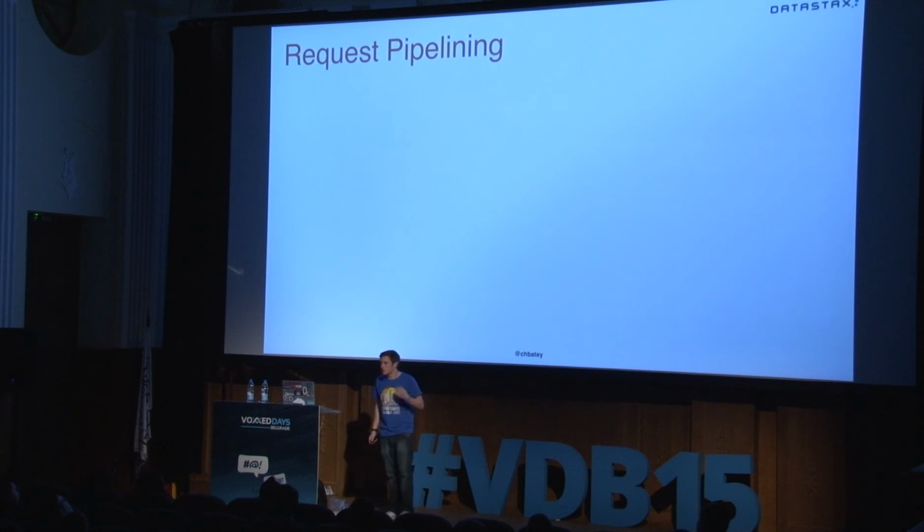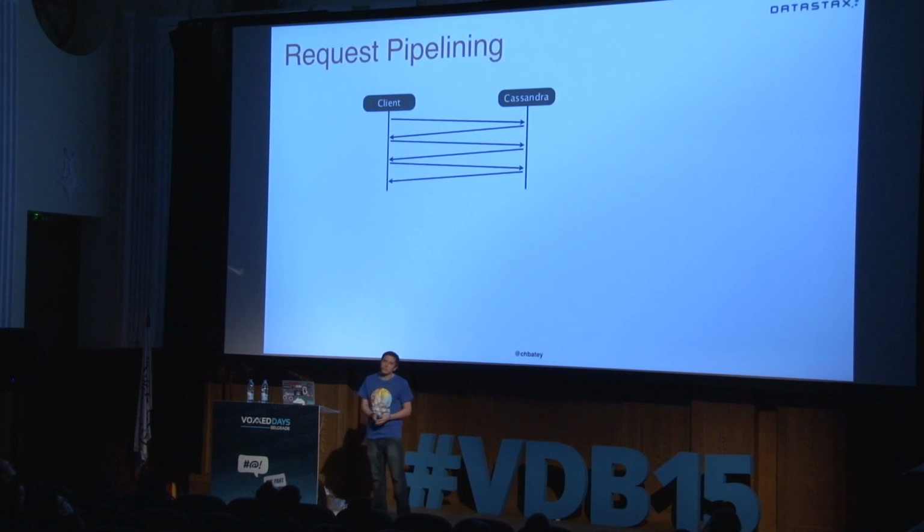The reason I'm going to tell you how Cassandra used to work is that I want you to evaluate the technology you're using at the moment. It used to open a TCP connection, make a request and get a response. Make a request and get a response. So you could only have one concurrent request on a particular TCP connection. This is not good. This is why HTTP doesn't scale.